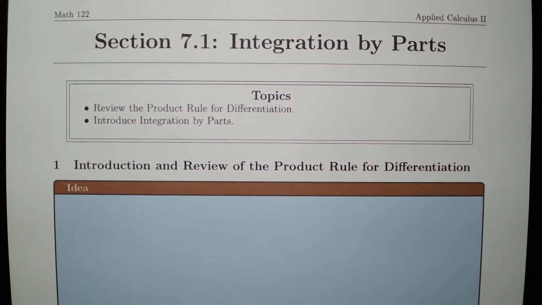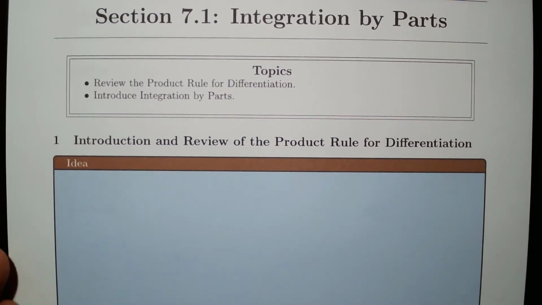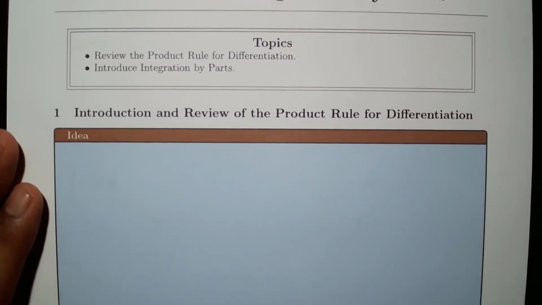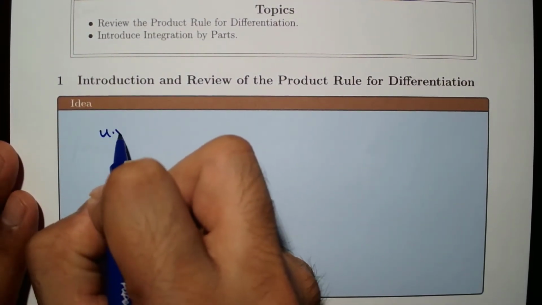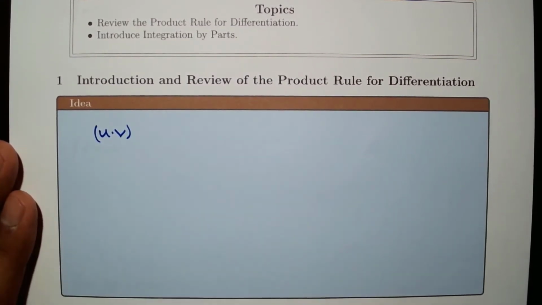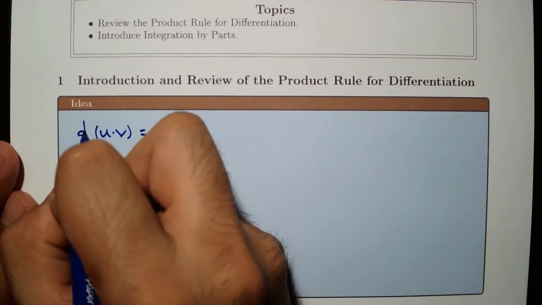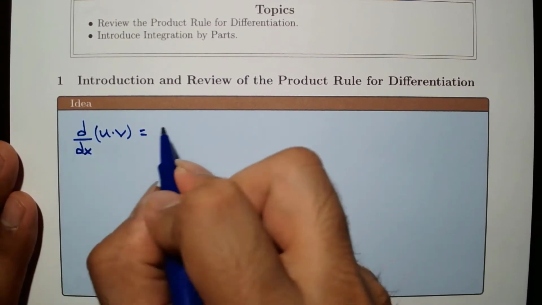Alright, so in this video we go over section 7.1 integration by parts. Before going over integration by parts, it would be a good idea to review the product rule for differentiation. So consider the product of two functions u and v. Whatever functions they are, if we take the derivative with respect to x, we know that we have to differentiate